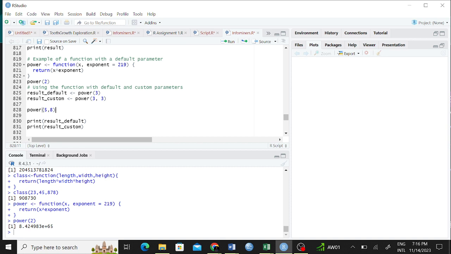How about Hubert? Okay, I think we are changing our exponent to be 8. We're changing our exponent to be 8. So it will be 5 exponent 8, if I'm not wrong.